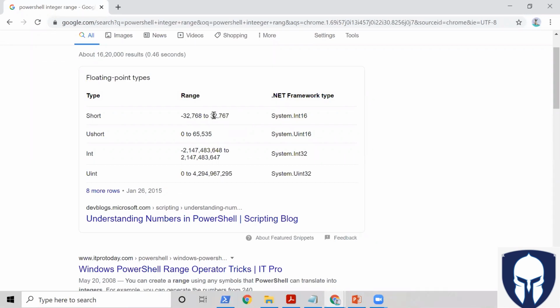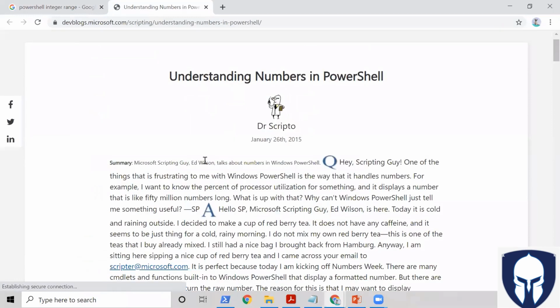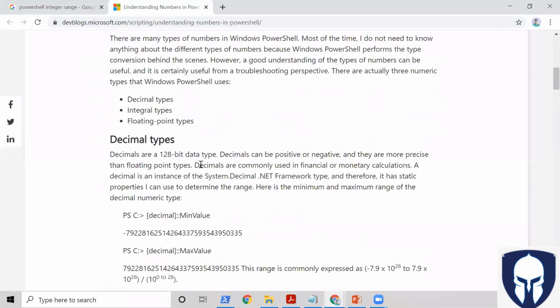What does that mean? If it is something a little bit longer than that, then while comparing to 32,767, this is a very long number, right? So this is a short and this is the integer. Okay, similarly, we will be having other things as well. Let's say, for an example,